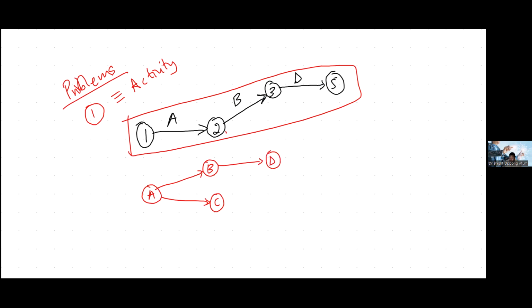B followed by D, and preceded by C and A. So it means that there is supposed to be a dummy here. All right. Then we have C followed by